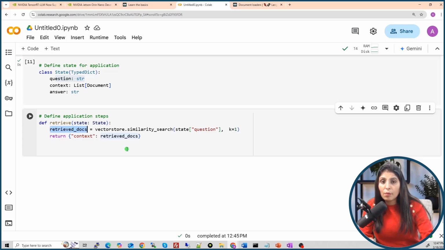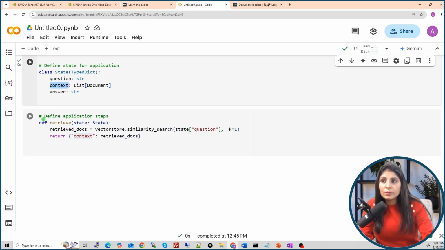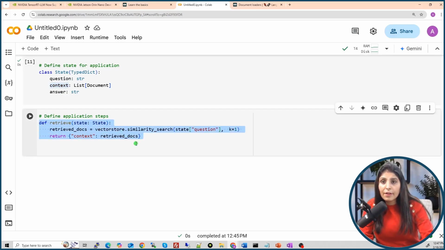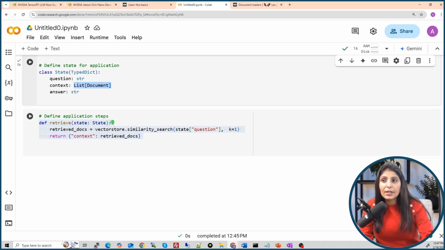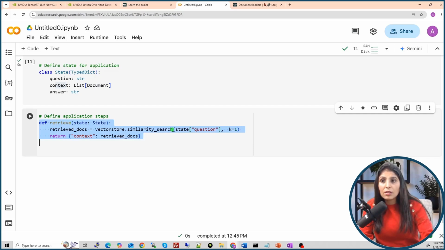In retrieved documents, now we have that document which matches the user query the most, and we stored it in context. Remember, here in state, context. Now using this retrieve function, we are getting the data in context. Here we have the question of the user, here we have the context, and to get this context we use this retrieve function. This retrieve function is performing the similarity search between the user's question and the embeddings which are there in the vector store, and finally it will return the context.